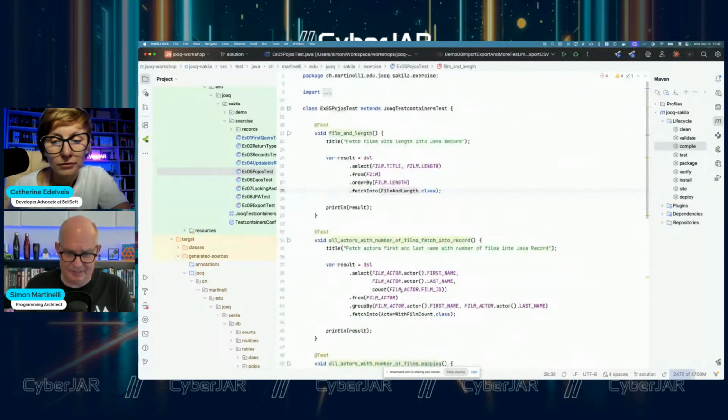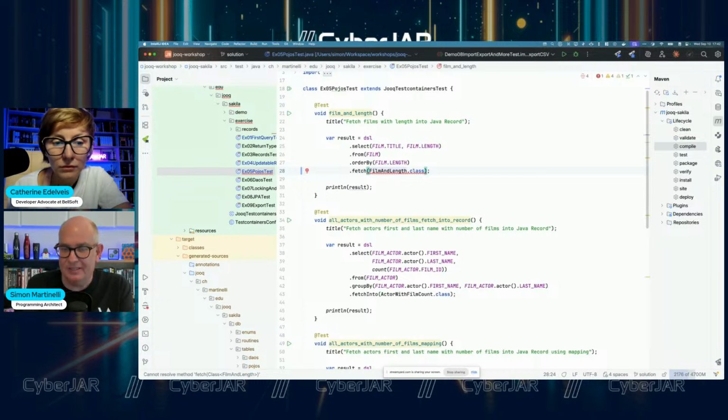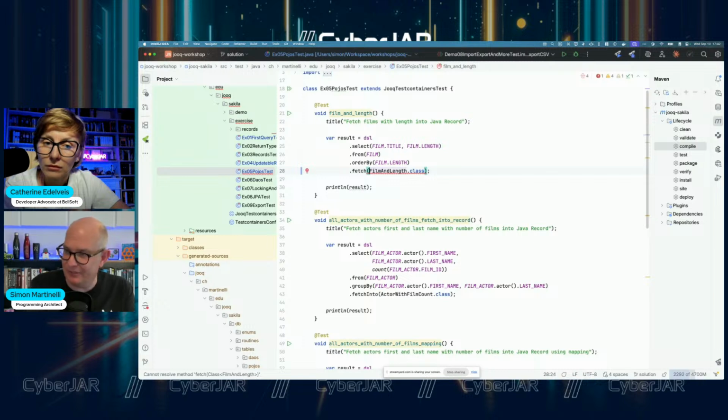So let's see where I have it. Let's do it like that. There's a fetch method. So there are many fetch methods, by the way. The regular fetch method just returns a list of results or records. Then we have a fetch one, where you can get one or null as a result. We have a method called fetch single that will throw an exception if there is no record with that condition, for example. And we can have fetch optional, which is probably the best way if you don't know if you get the result or not. And you also have fetch lazy, for example. This will open a database cursor if you want to process a huge amount of data.